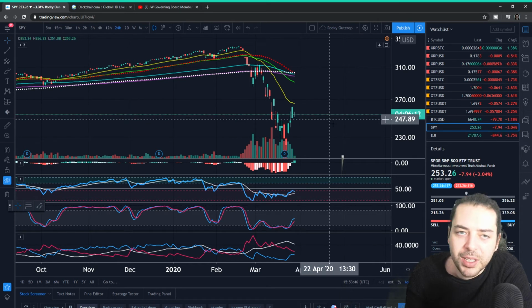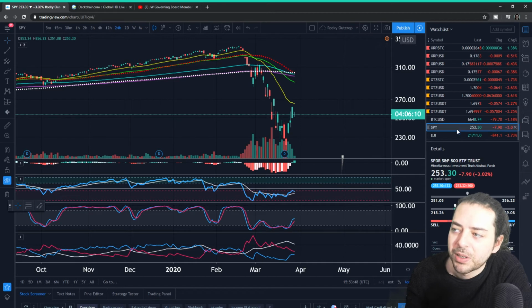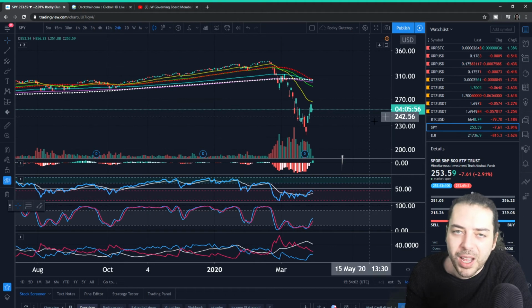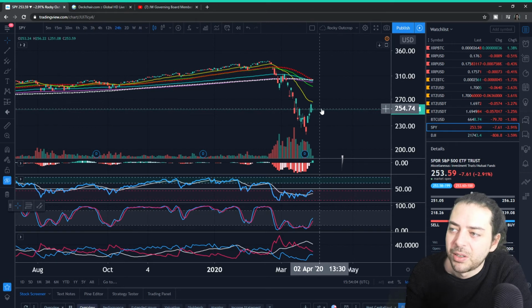There's zero productivity, zero demand, zero supply. The world is hiding at the minute inside, and this is definitely going to have a knock-on effect for all the figures. And you got the unemployment figures in America released there, the worst ever unemployment figures, something like shot up to 4.5 million or something like that. I don't actually know the figures off the top of my head. I just know that they're really, really bad.